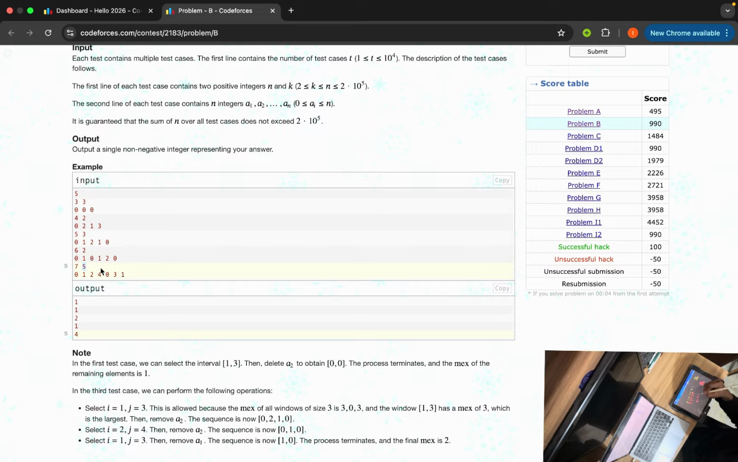0 1 2, 0 0 4. Actually this is the valid one: 0 1 2 3 4. The mex is max 5, so I have to remove from here. At first I have to identify all the different